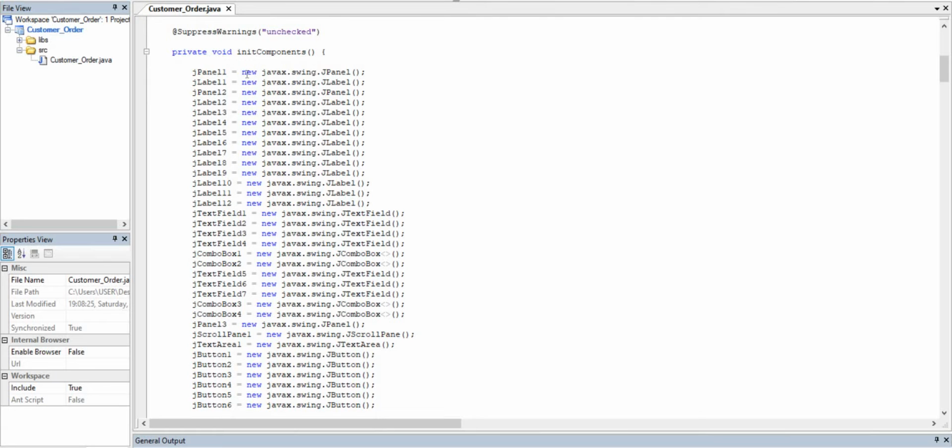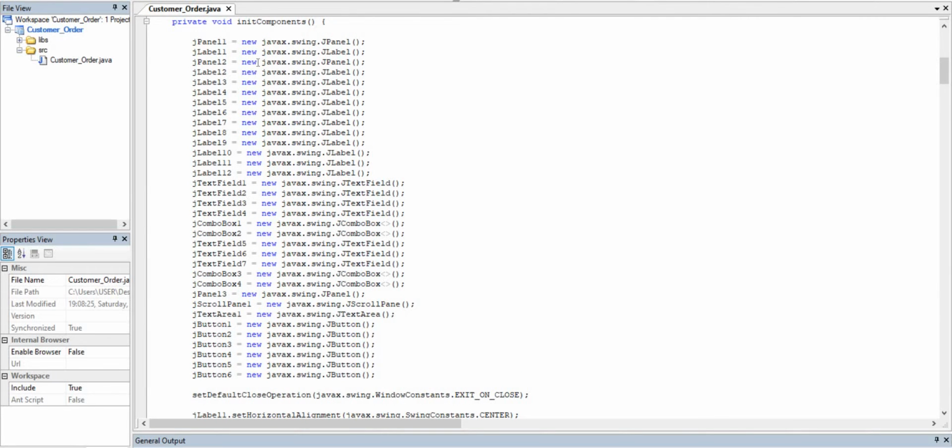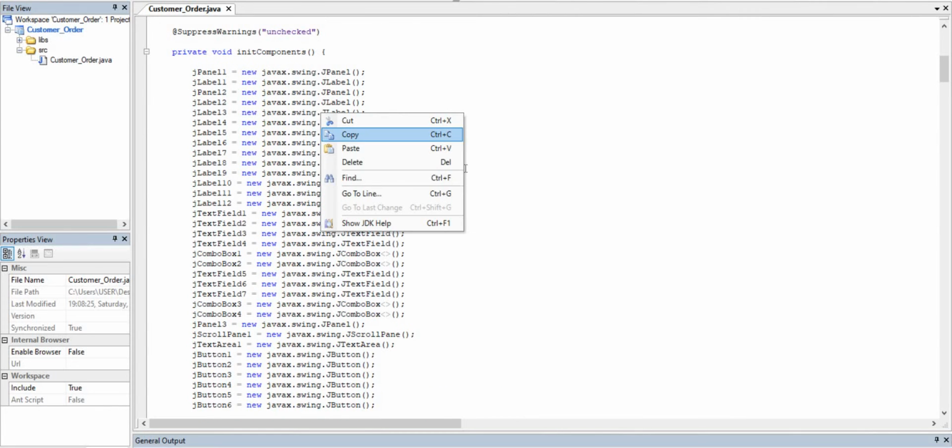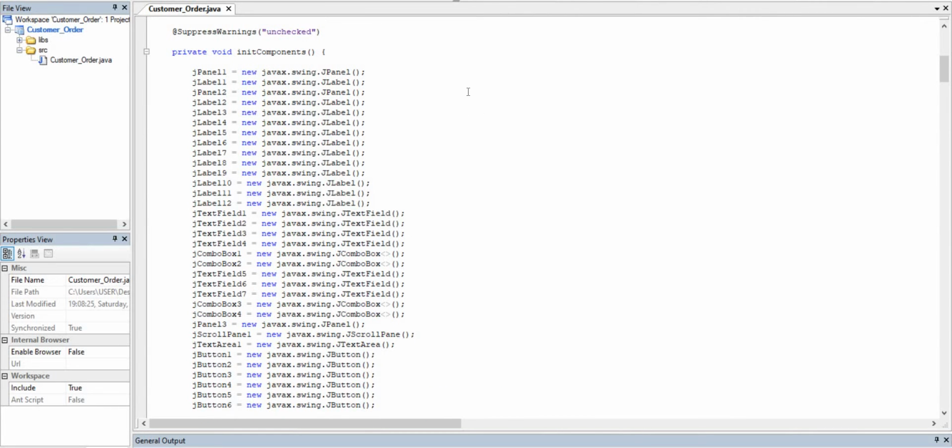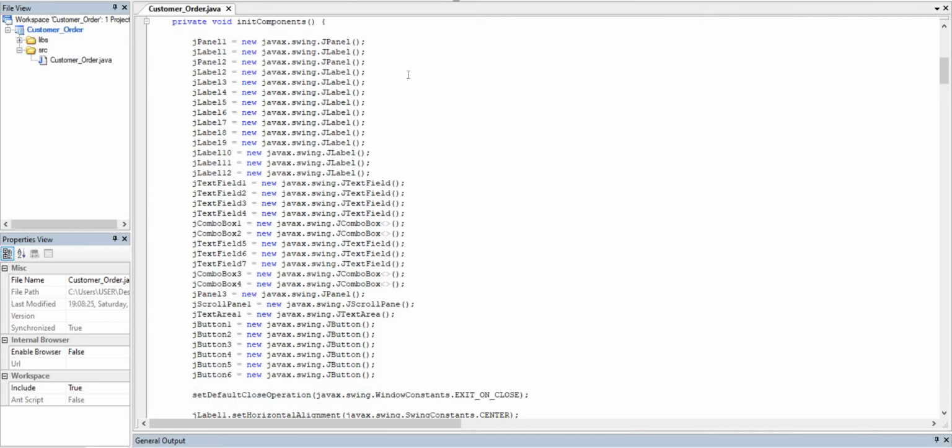initComponents, then go up. Uncheck private void initComponents, and this is the JPanel one, new javax.swing.JPanel, until JLabel, JPanel.